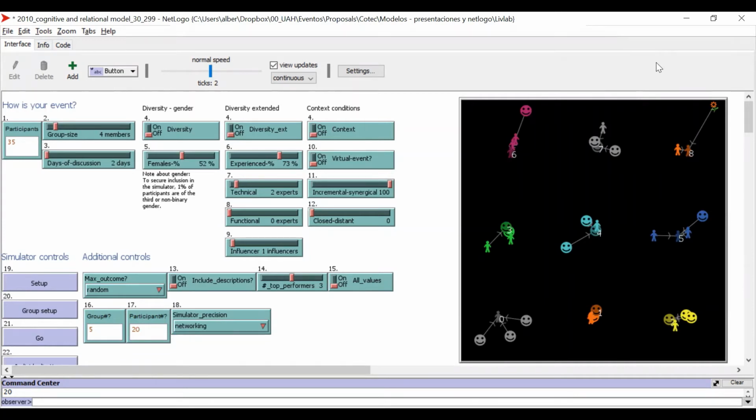This clip is about the detailed analysis that LivLab Simulator allows of certain characteristics of the events that it can simulate. As always, we start with the selection of the features of the scenario that we want to